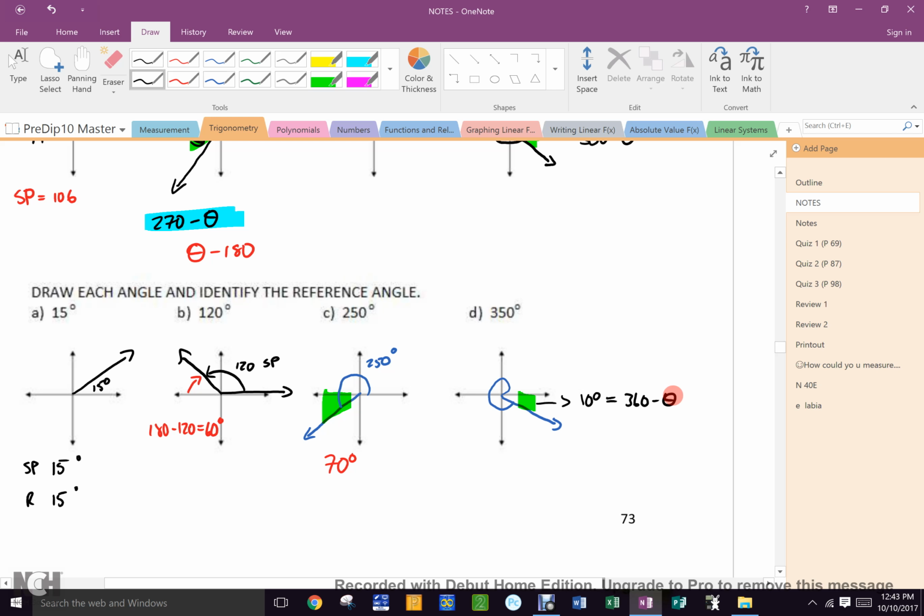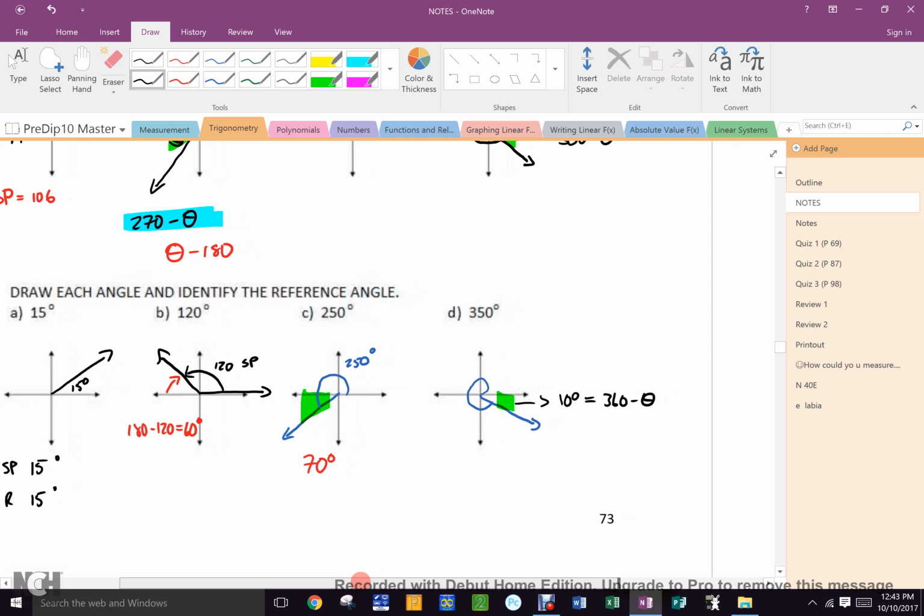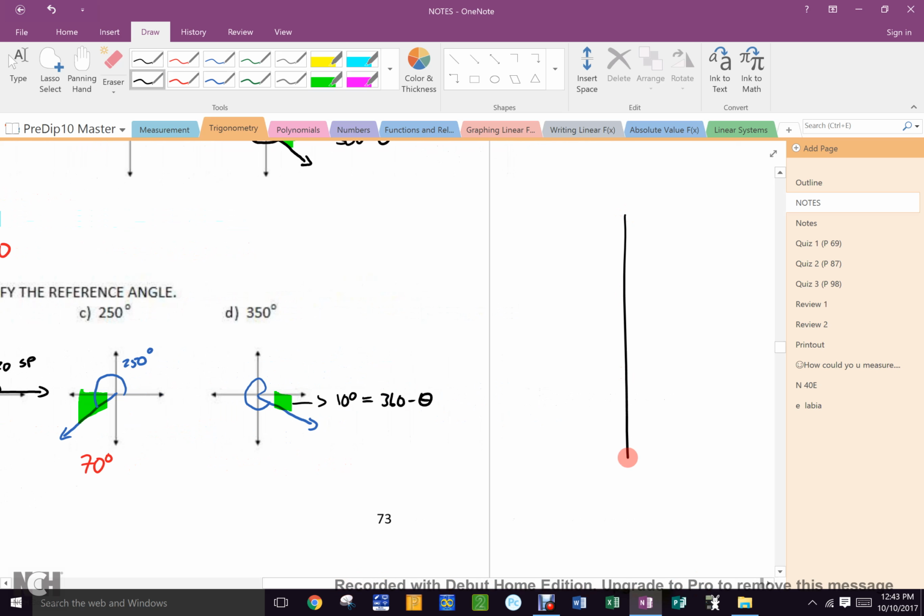Is everybody good? Yes, I'm good. I second the motion to move on. I'm just a little confused. So, the reference angle is